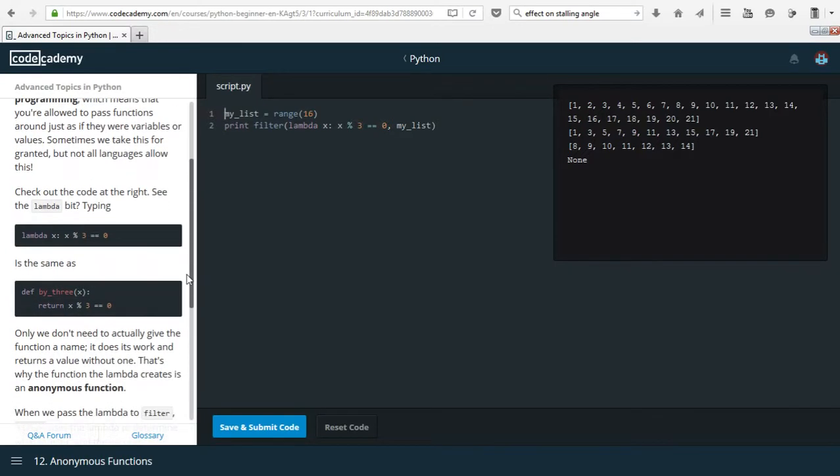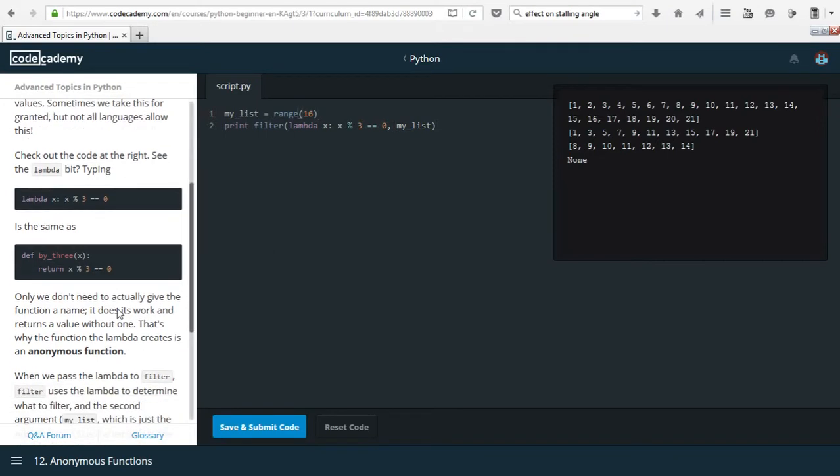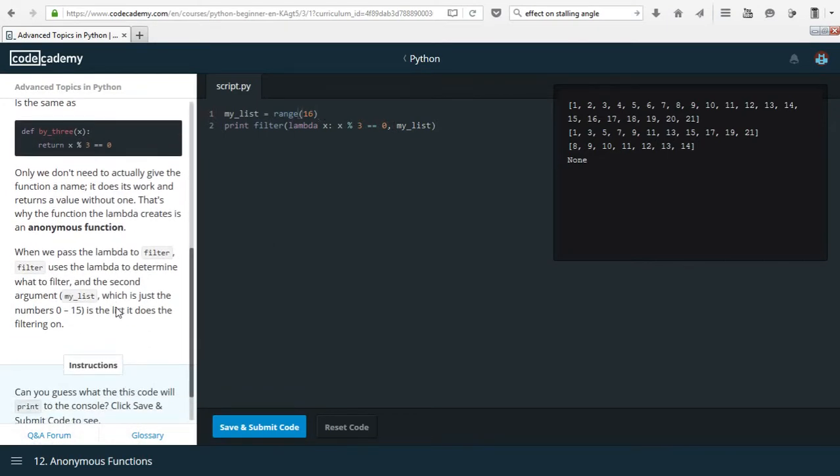Check out the code at the right. See the lambda bit, typing lambda x. Okay, so this bit, colon x modulo 3 equals 0. And that's the same as defining a function with 3x and returning x modulo 3 equals 0. So if the number is evenly divisible by 3. Only we don't need to actually give the function a name. It does its work and returns a value without one. That's why the function the lambda creates is